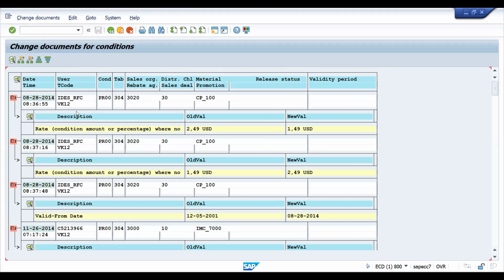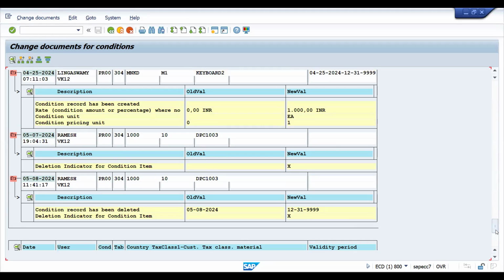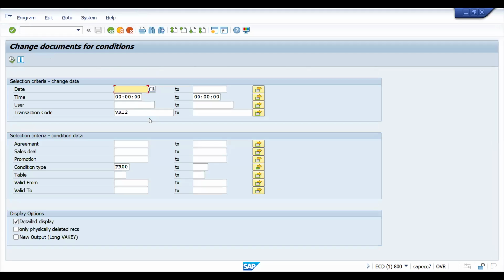So now if you look at this, everywhere VK12 will be there. Okay, the size is reduced. So this is how you can find it in a detailed way. Let me try to control with this